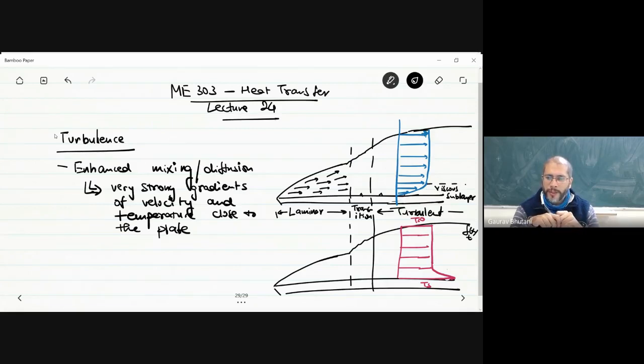These tiny fluctuations in the incoming flow, or the tiny fluctuations appearing because of the wall effects, they die down, and you don't see those fluctuations in the main flow, which looks quite layered and laminar. But in the turbulent region, these tiny fluctuations grow. Okay, so that is the nature of the flow in the turbulent region.